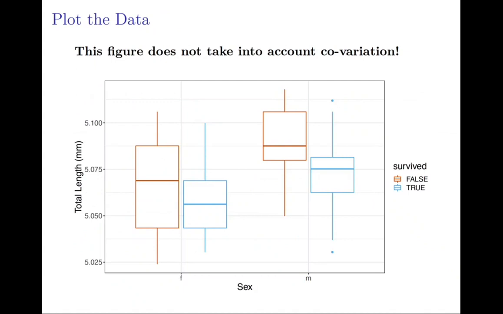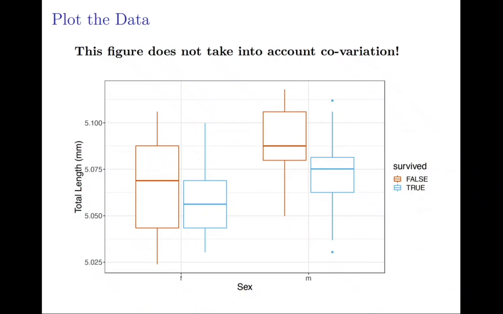So I'm showing you data, but this is only looking at one of the variables. So this does not take into account the covariation. So I wouldn't recommend doing this for a paper or anything, because right here I'm showing sex and survived with total length, but we also looked at two other variables. But this image just kind of shows that those birds that didn't survive, in the yellowish color, tended to have larger body sizes, and males also tended to have larger body sizes than females. And so it's just a way to sort of get an idea of the direction of your trends, but